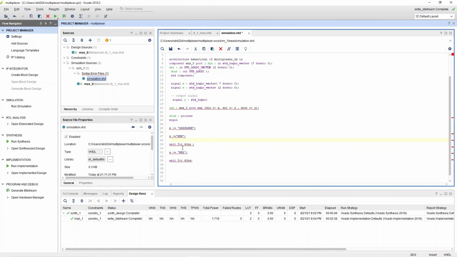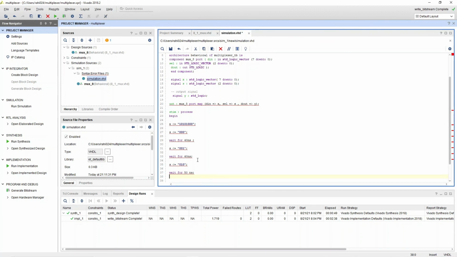Error: S not declared. Why is it giving S not declared? Declared S. It should not give an error like this.